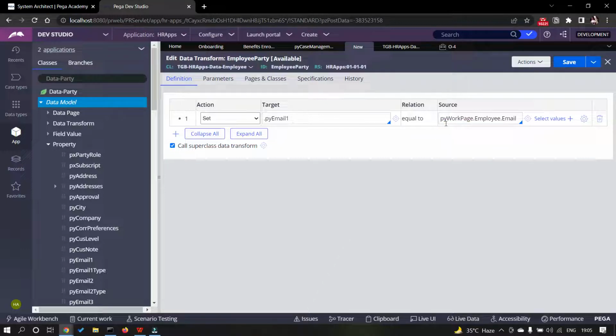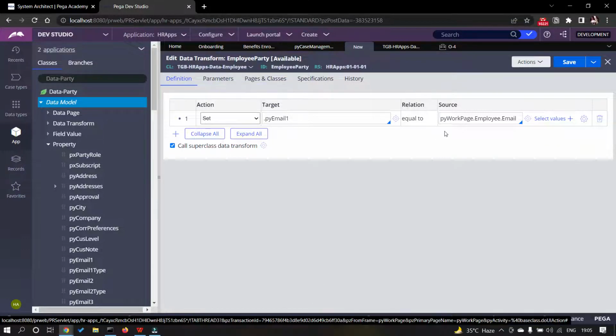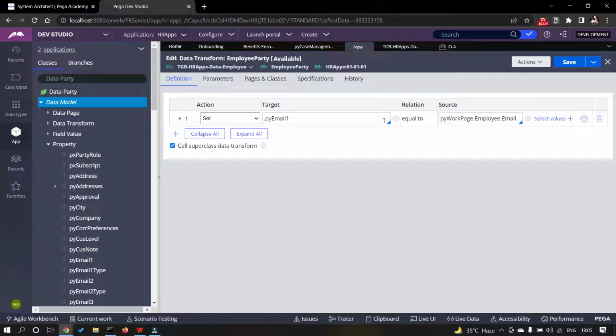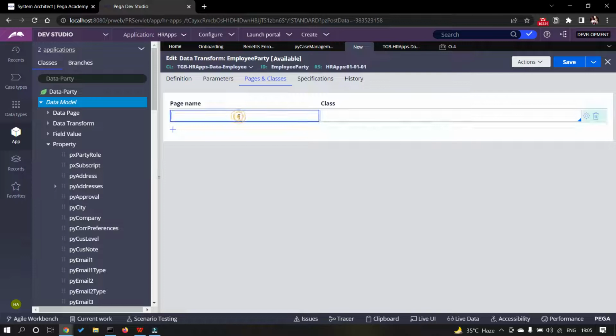Since we are using a page, and this page does not exist in TGB HRFs data employee, but rather it exists in TGB HR apps work onboarding. So we have to mention the page in pages and classes. So here I will mention pyWorkPage, class will be TGB HR apps work onboarding,